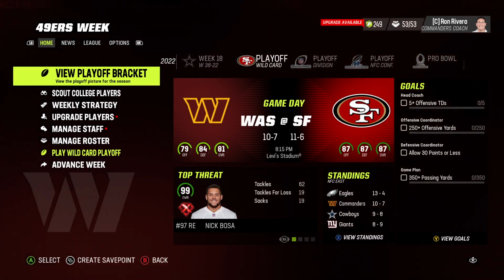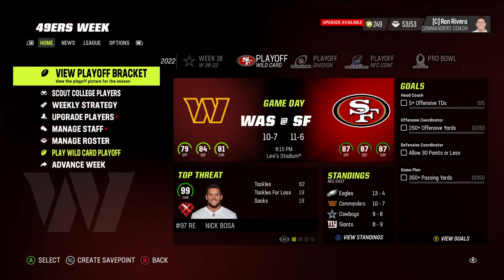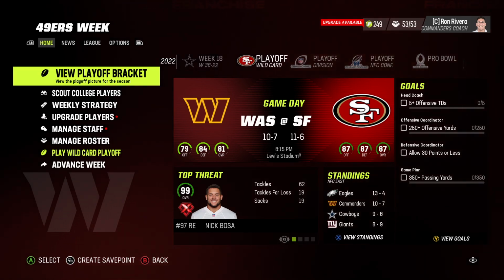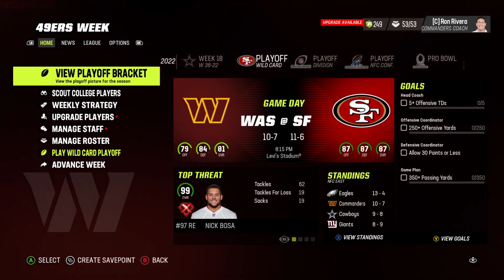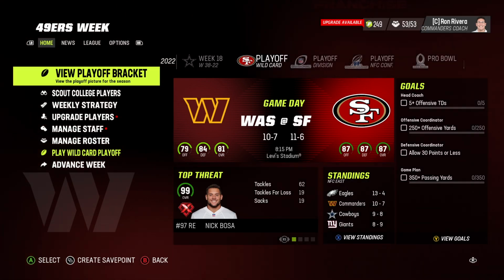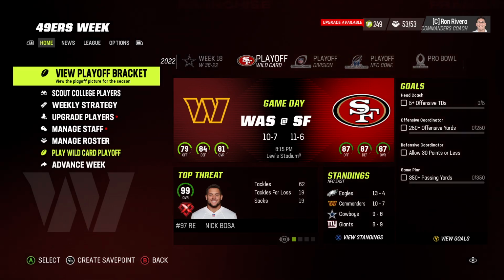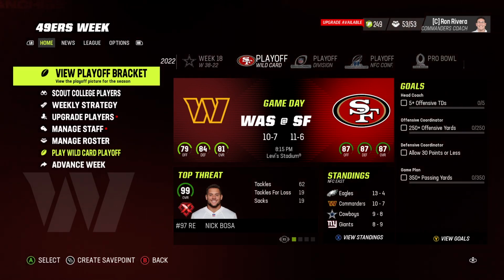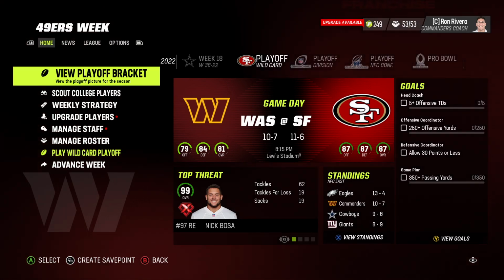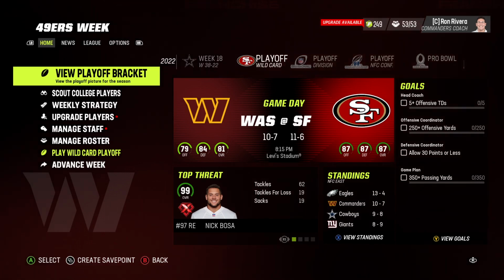So you could load one from week one and just re-import the draft class again, and then re-simulate if you want to, or even play a couple just to get enough wins. Or simulate week to week, make sure you're getting enough losses. But what I did was I tried to get it close,